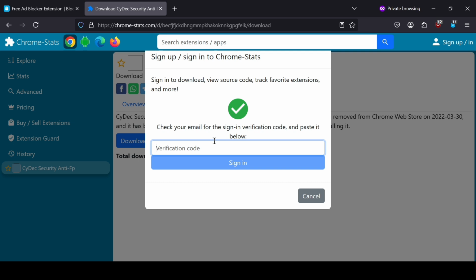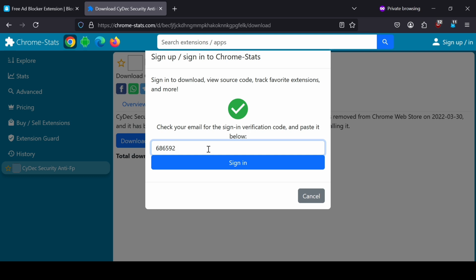So let me quickly get my phone so that I will get the code. Okay, so the code has come. 686592.